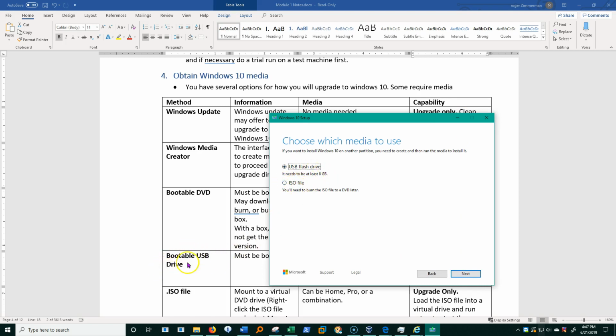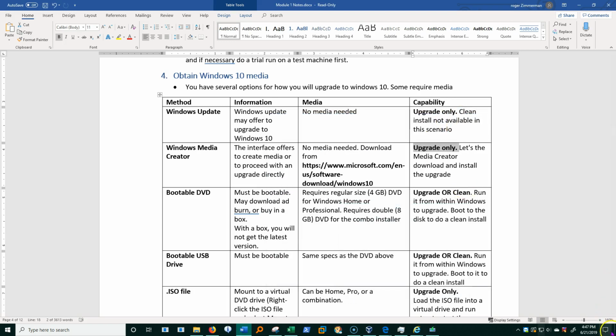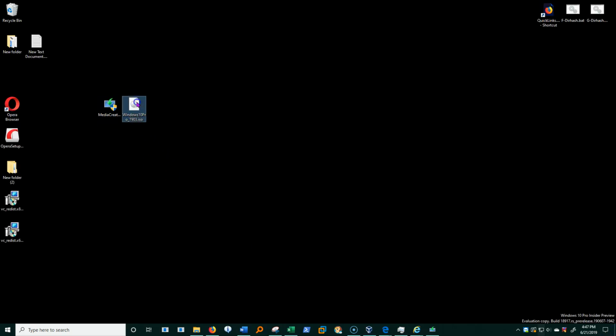Now, what about DVD? Well, if I want a DVD, I would choose ISO file, and then it would write that to a DVD later. So these are my options, USB or ISO file, and then bootable DVD if I choose ISO. I'm not going to finish that because I already have an image here on my desktop, and in this case I let it make an ISO file.